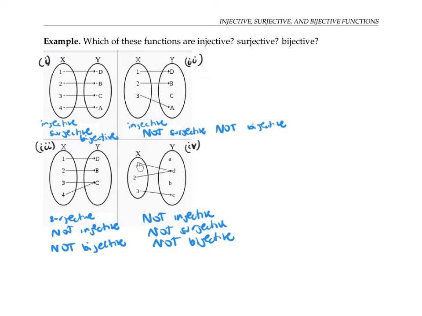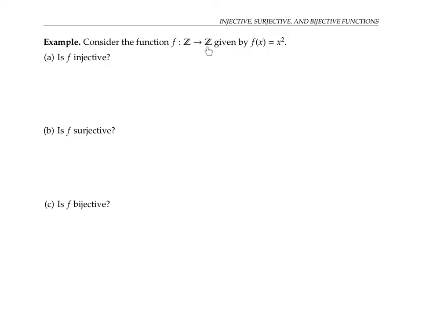It's not injective because 1 and 2 both go to the element D, and it's not surjective because A and B aren't in the range. What about the function from the integers to the integers given by f of x equals x squared? Pause the video for a moment and decide if it's injective, surjective, and bijective. As a function from the integers to the integers, this function is not injective